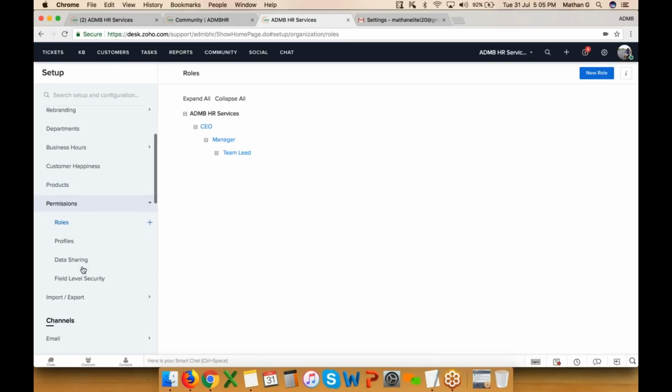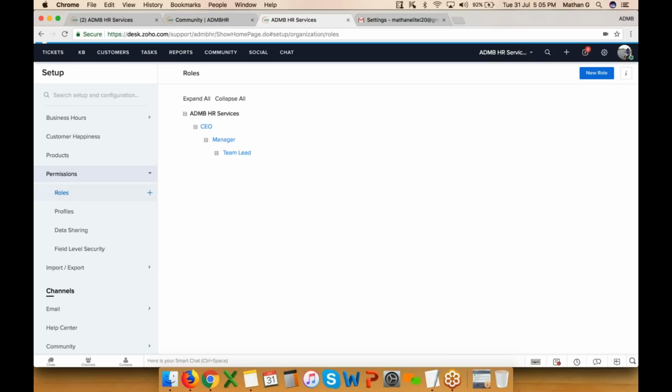So getting onto the permission section, here we have a few more things. You should be able to set up a role depending on your company's hierarchy. So users in the top hierarchy will have access to the records owned by the users in the lower hierarchy. When your role is set to CEO, you will be able to see what a manager or a team lead does. And when your role is set to team lead, you cannot see what a manager does or